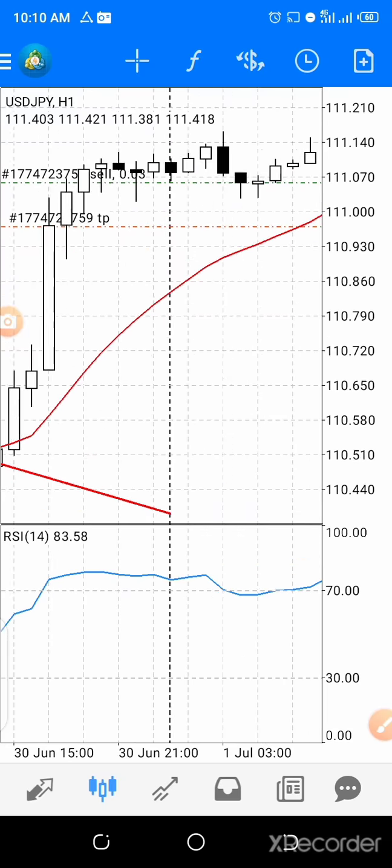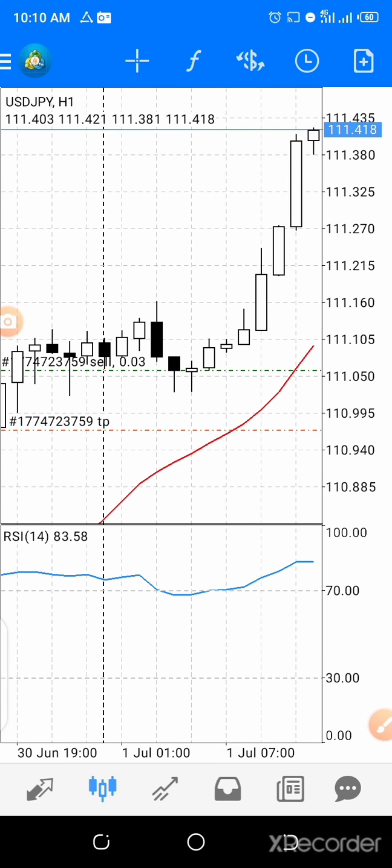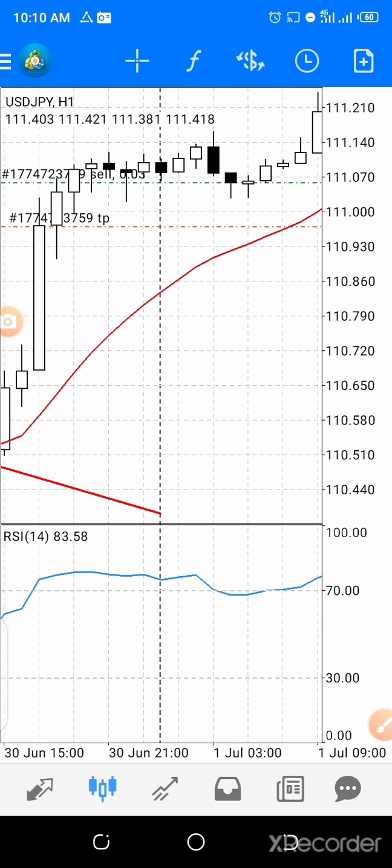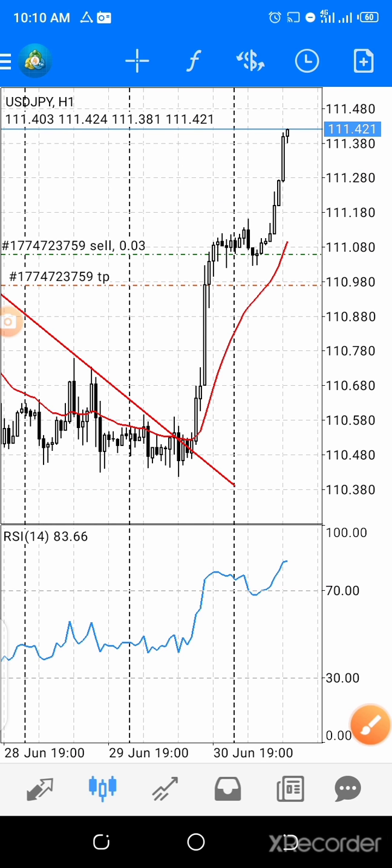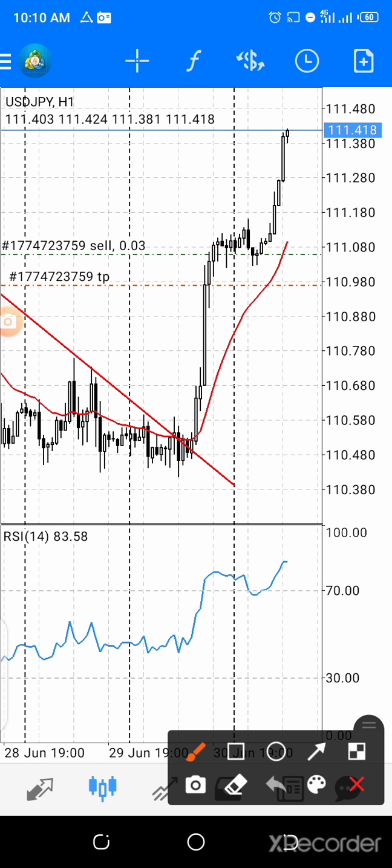If I zoom, okay, let me zoom in so that you can see the candlestick formation that made me take this trade. This was the formation I saw that made me take this trade. Okay, that was the formation I saw that made me take this trade. And what are you seeing here? I've not taught you about RSI first, but as at this point, the market displayed to be in an overbought zone. Okay, and when I saw this candlestick, oops, I jumped in.